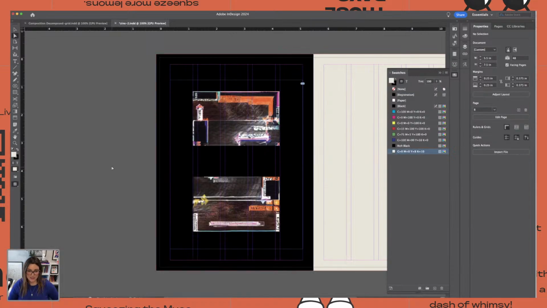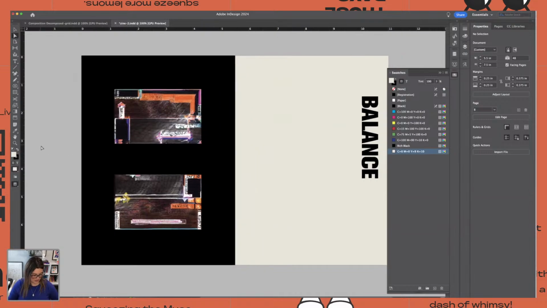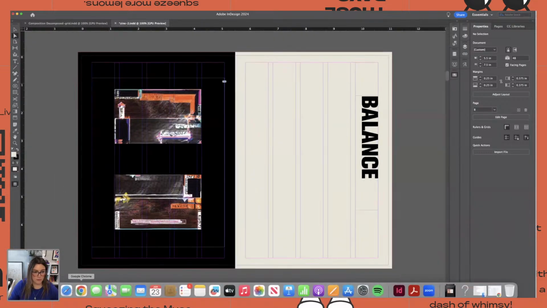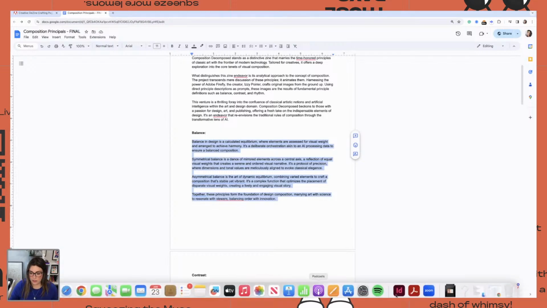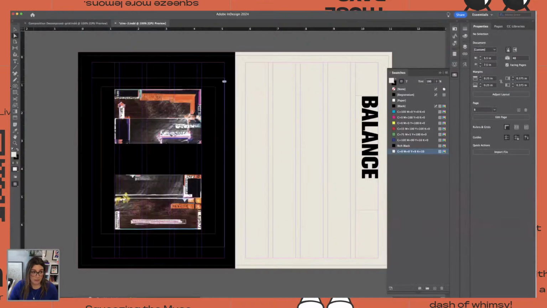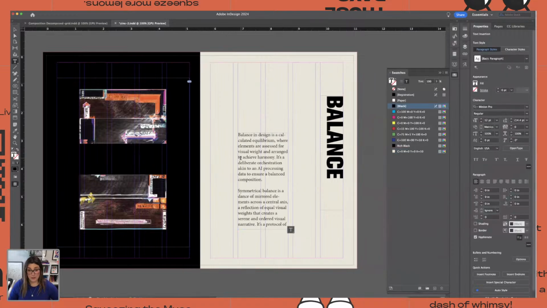Let's see how that looks. Actually, I like that. Okay, so now I'm going to grab the balance description. All of this text was generated in ChatGPT, which I felt was good with the intent of the project,